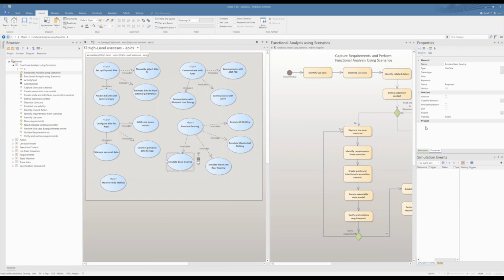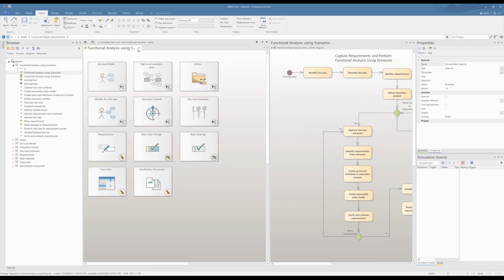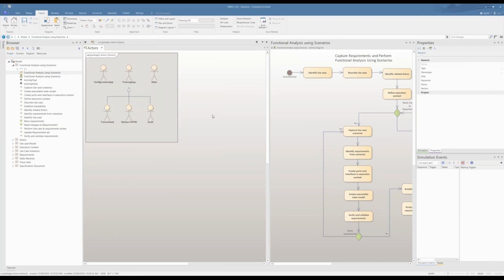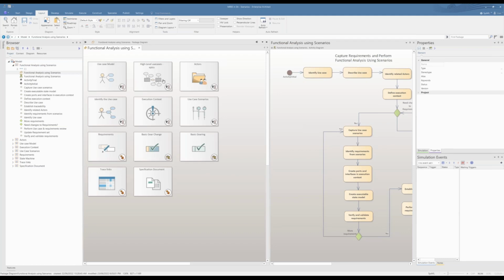Okay. So we have identified the actors. I will also open the actors diagram, where these are the different actors that are going to communicate with the system: basically the training app, the configuration app, and the rider app. The training app can be any of the different training apps that can be integrated with the system you're developing. So these are the actors. Now that we have identified the use cases and the actors,